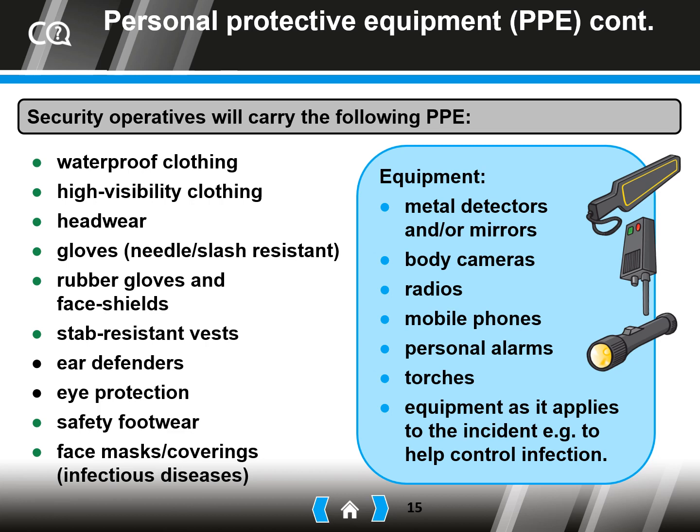So you might be issued with a metal detector, so you're not touching sharp objects. A body camera, that could deter some people from behaving aggressively towards you. Your radios, because you need to radio for help if you need backup, don't you? Okay, and torches and personal alarms and equipment for infection control, sorry. Okay,